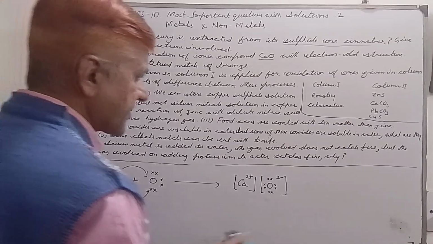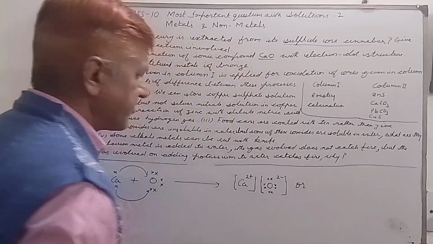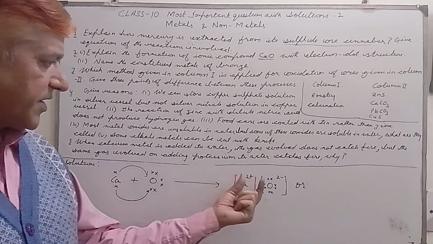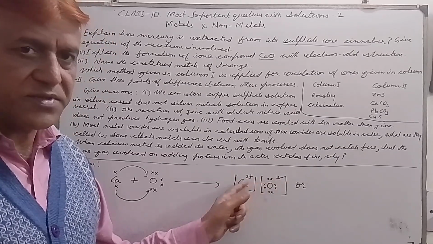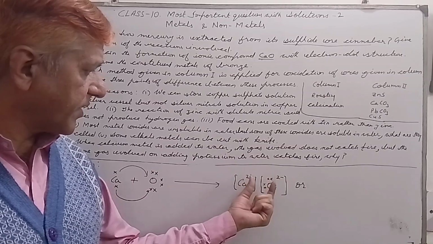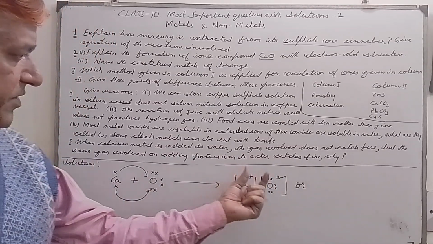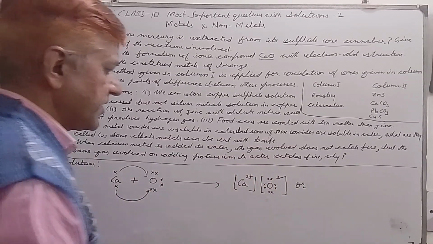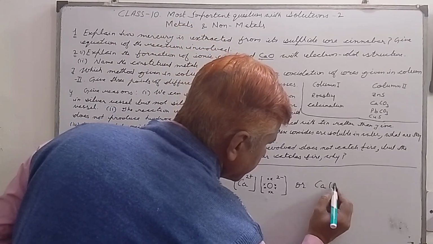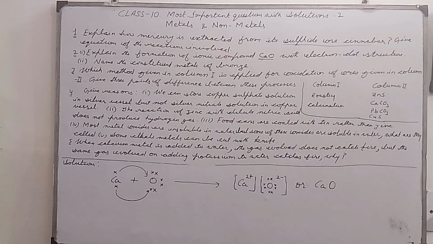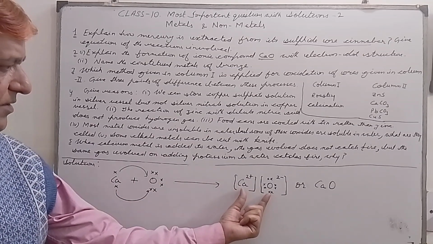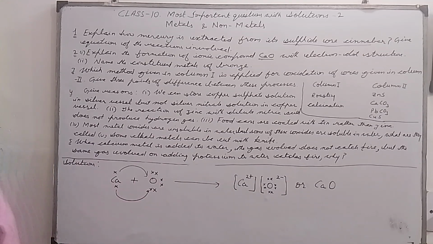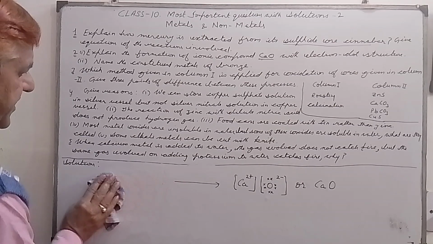So there is attraction between positive and negative charge, and due to that attraction an ionic bond will be formed. So we can write like this. This is the electron dot structure for calcium oxide, this ionic compound. So I think you understood this question. Second part is